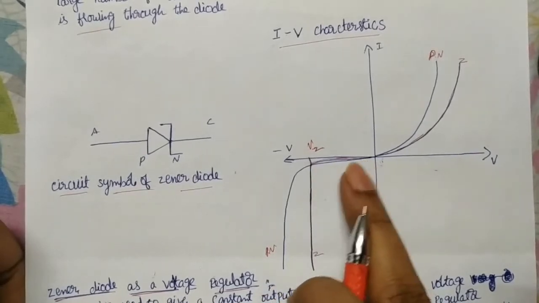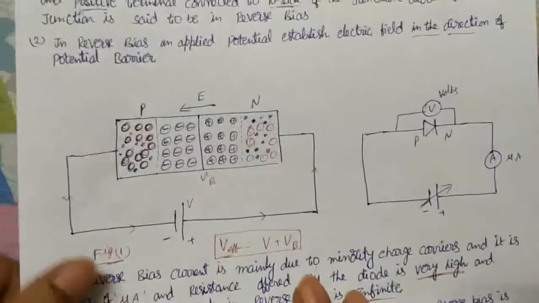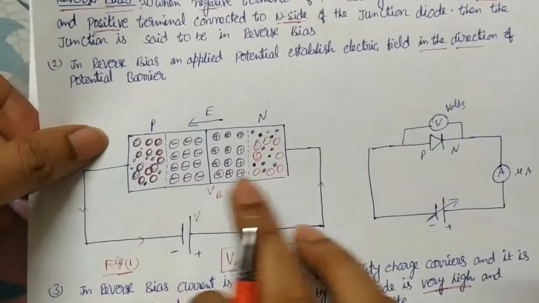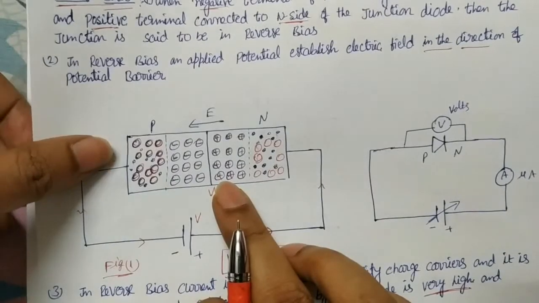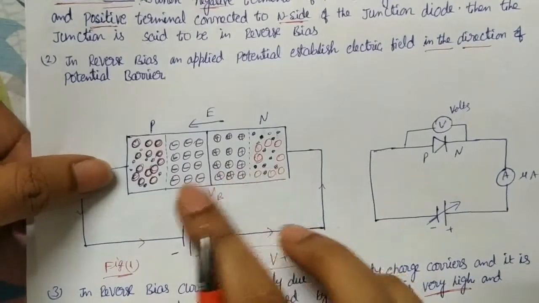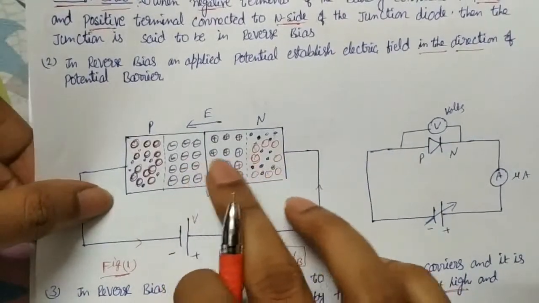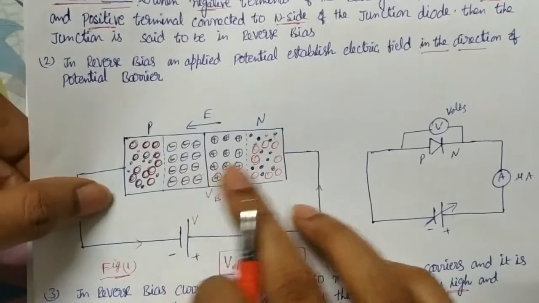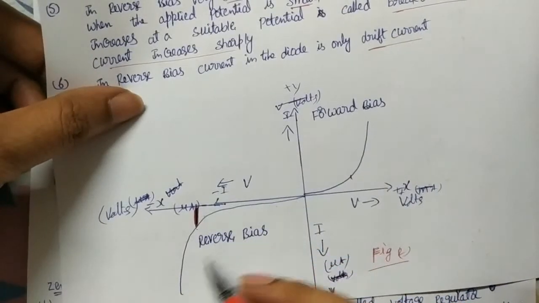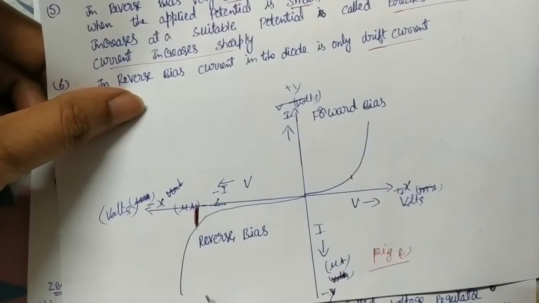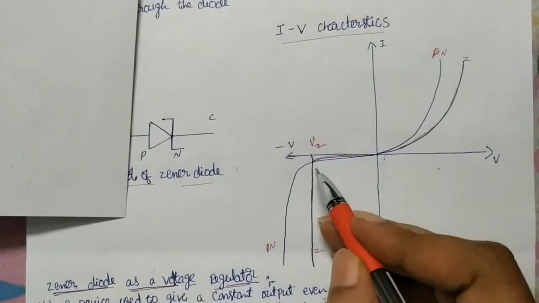The same thing happens if you take a normal junction diode in reverse bias. Here and here, charges are accumulated because of the increase in potential more and more. In reverse bias, it won't allow current; a very small amount of current flows. But if you increase the potential more and more across this, then at a point the covalent bonds of the depletion layer break and all of a sudden current flows like this. This is the reverse bias characteristic of the PN junction diode or lightly doped diode. Of course, here the increase in current does not rise as sharply as in the GNR diode.